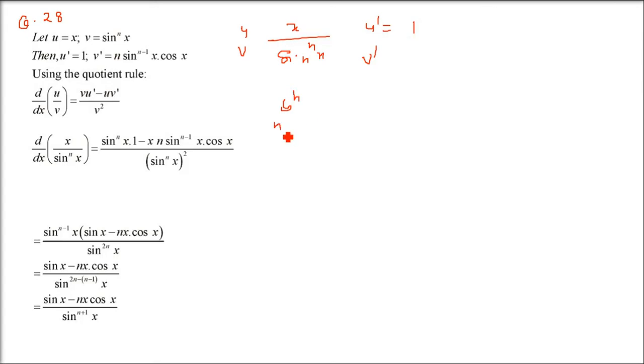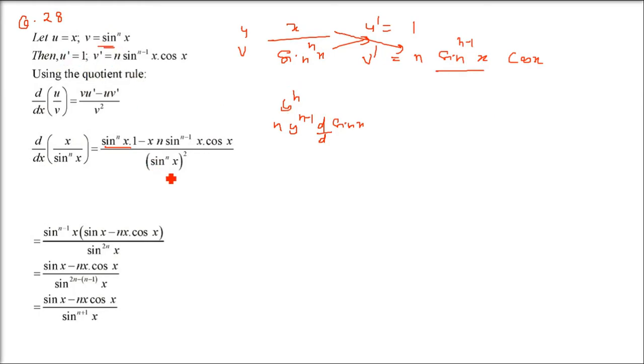So assume it to be y^n, it will be n y^(n-1) differentiation, and then we have to do the d/dx of y also, and y is sin x, which we assumed. So it will be n sin^(n-1) x, then differentiation of sin x will give you cos x. Now multiply this v with u', which is sin^n x times 1, and we have to multiply x with this one, x n sin^(n-1) x and cos x.